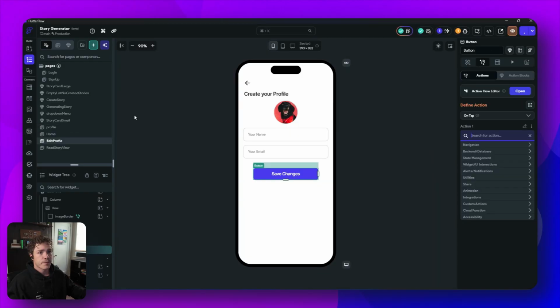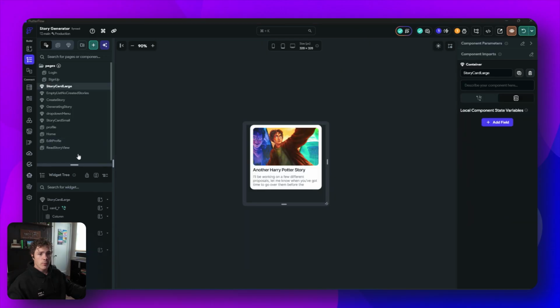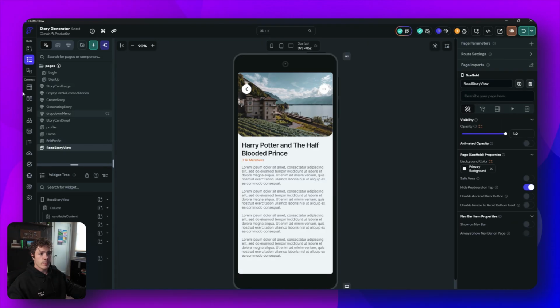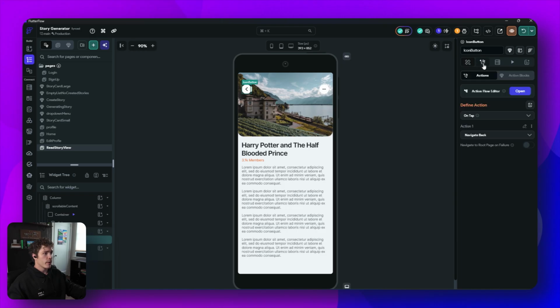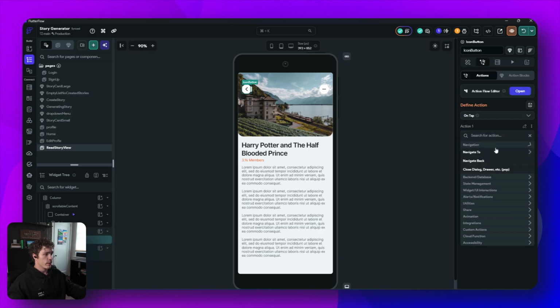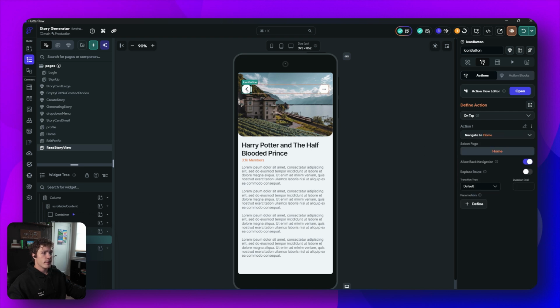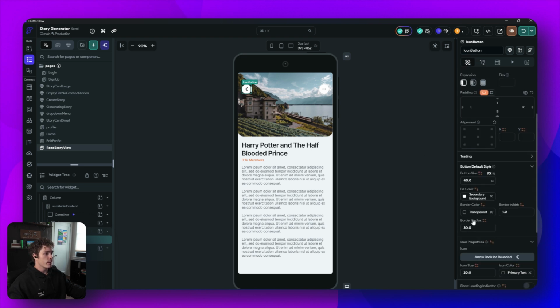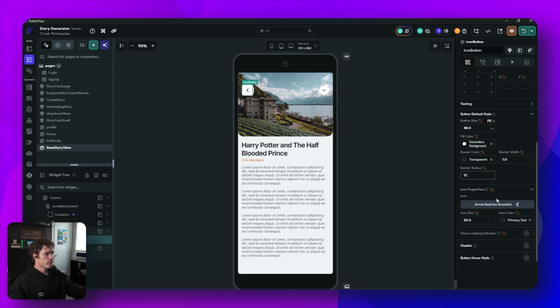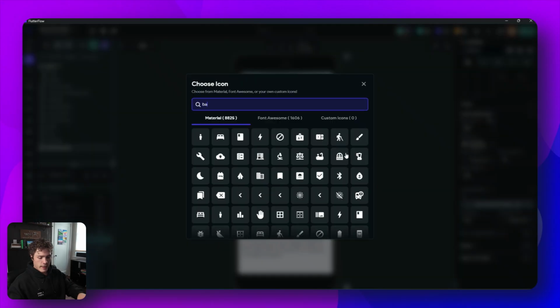Excellent. Here we need to add one more thing of navigation in our read story view. Let's go ahead and make this icon button navigate back to the home page. While we're here, let's make these match what our design system is following, which is 48 and 12. And then just make this a simple back arrow,